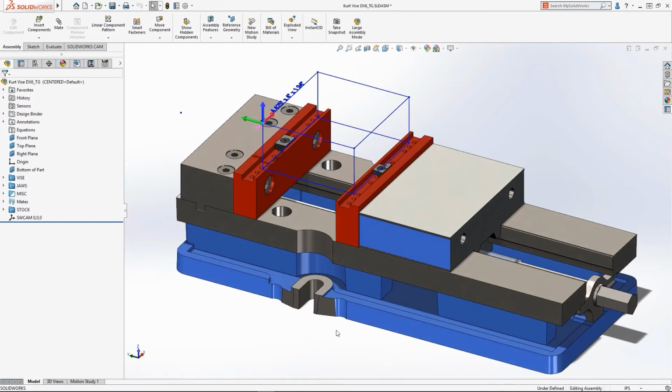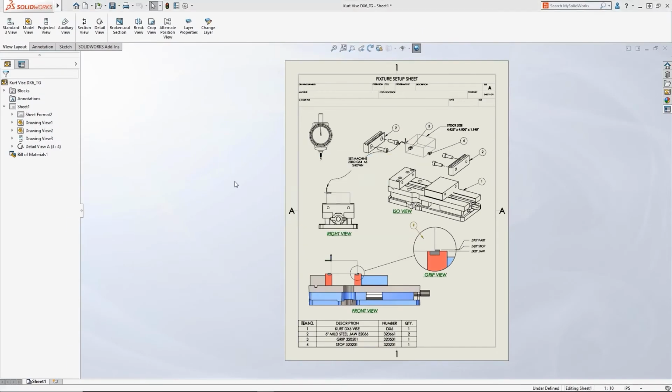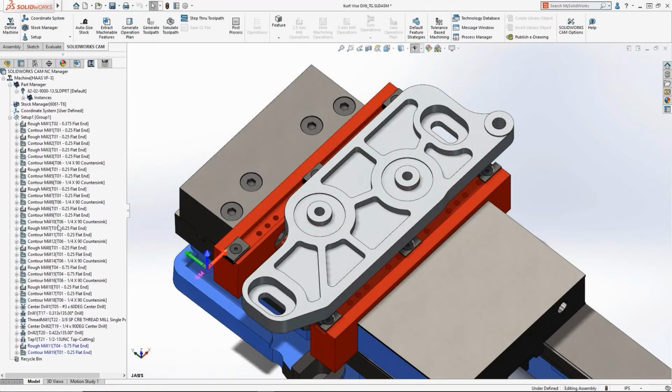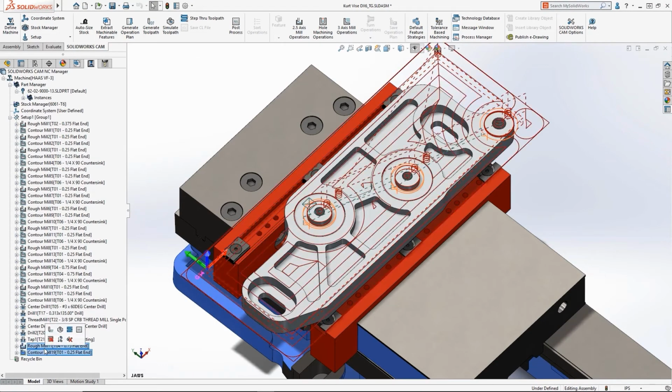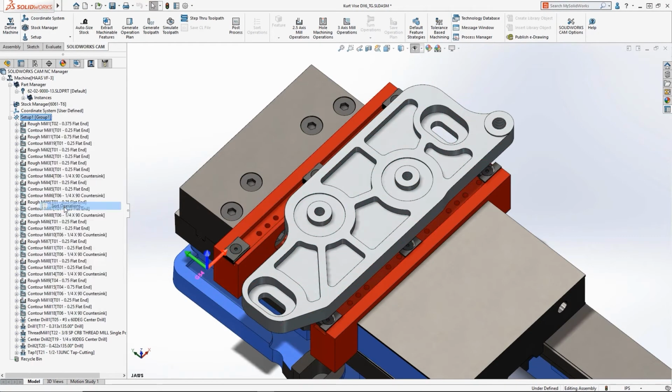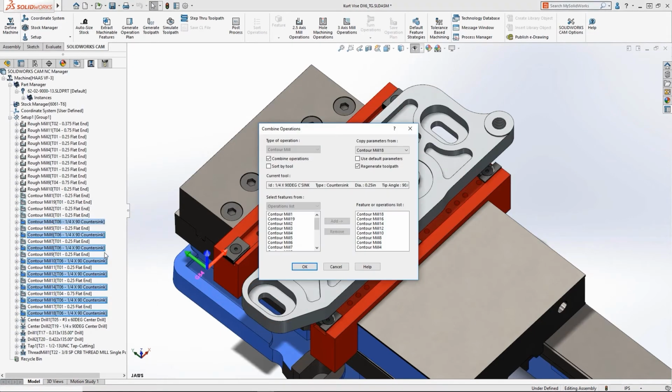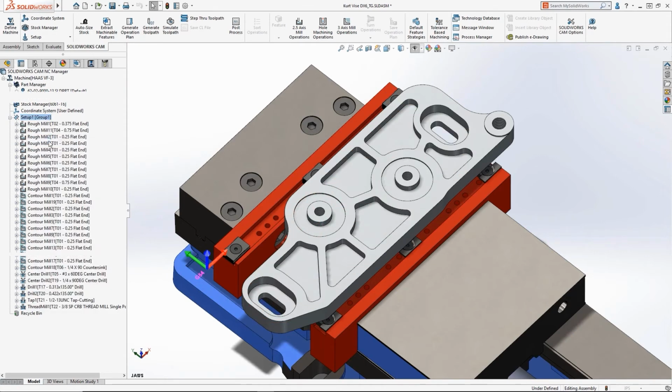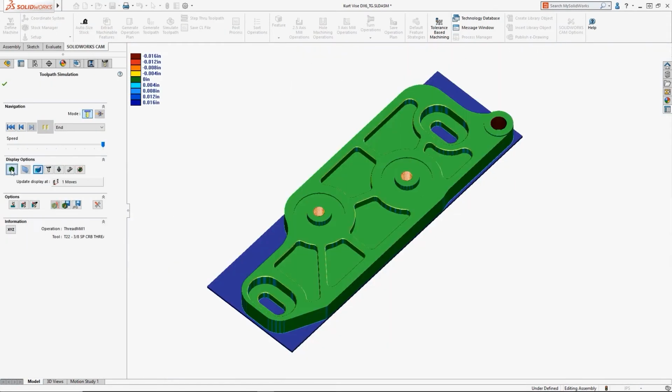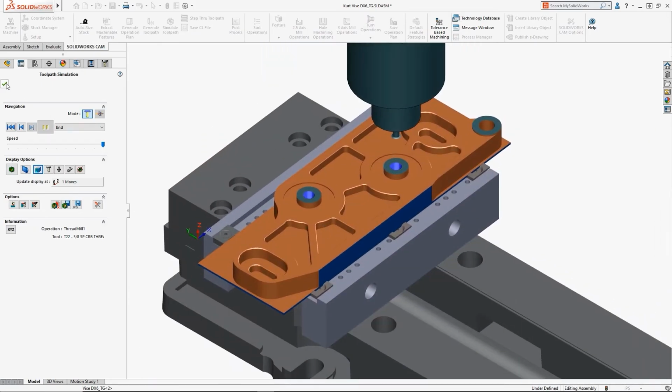SOLIDWORKS CAM is powered by CAMWorks, which uses rules-based technology that enables you to integrate design and manufacturing in one single application, connecting design and manufacturing teams through a common software tool and a 3D model. The included version lets you quickly program individual milled parts and configurations without ever leaving your SOLIDWORKS environment. If you require both milling and turning capabilities, we also have upgraded versions of this, which unlock added functionalities for